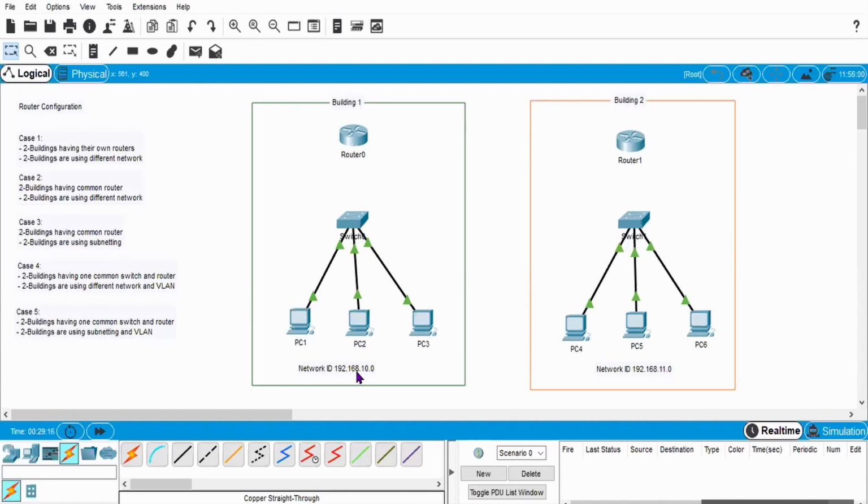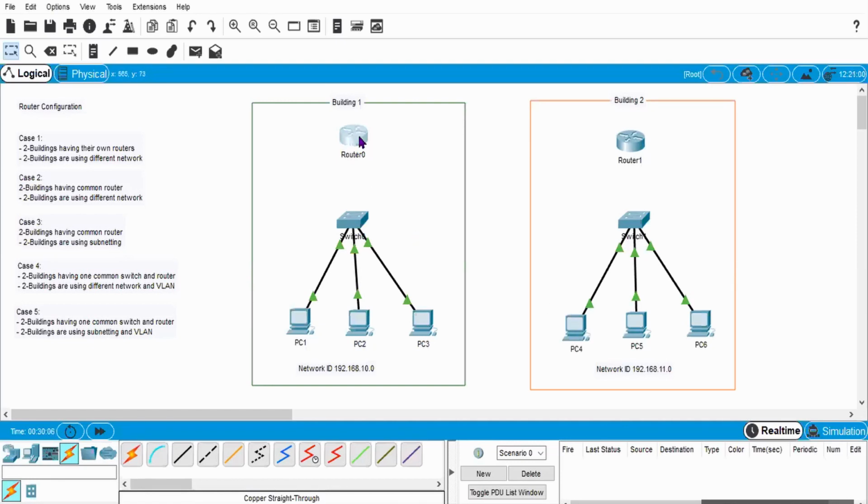You can see 192.168.10 is a different network in class C, and 192.168.11 is a different network in class C. So we will connect these two networks through a router. First we will connect this switch with this router. Before connecting the routers, you need to judge how to connect them. You can connect those two routers serially, or with a gigabit cable, or with an Ethernet cable. So it depends on what you want.